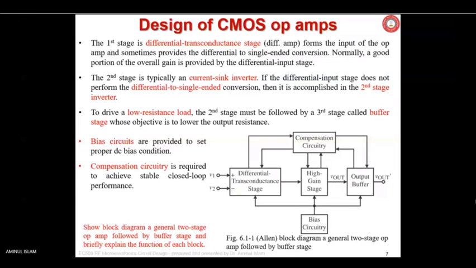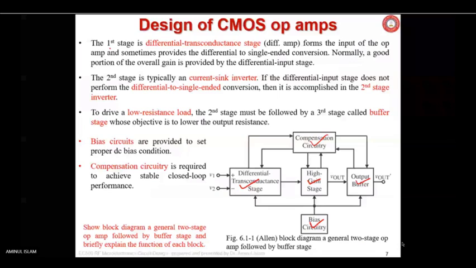Now the operational amplifier is divided into parts or blocks. As you can see, the first stage is nothing but a differential amplifier consisting of two or three MOSFETs if it is MOSFET based; if it is BJT based, then it will be BJTs. Then the second stage is going to give you high gain, and the third stage is going to give you low output resistance. Some biasing circuit is always required, and some compensator circuit is also required. So this is the diagram, and let us read out and understand what each stage is telling.